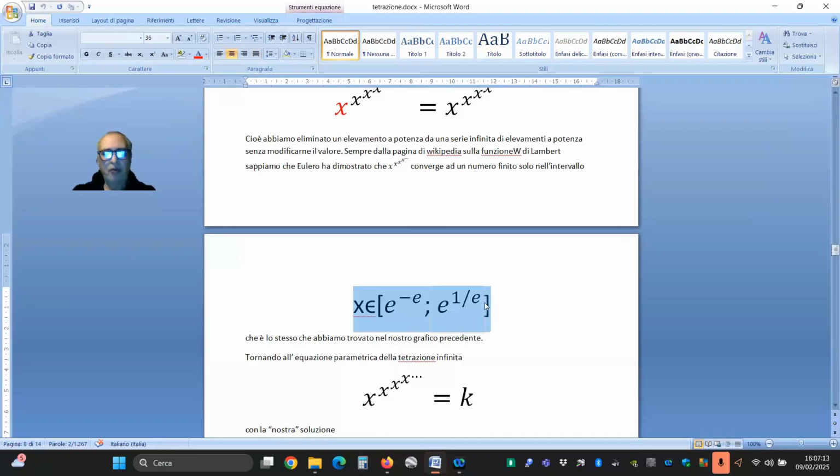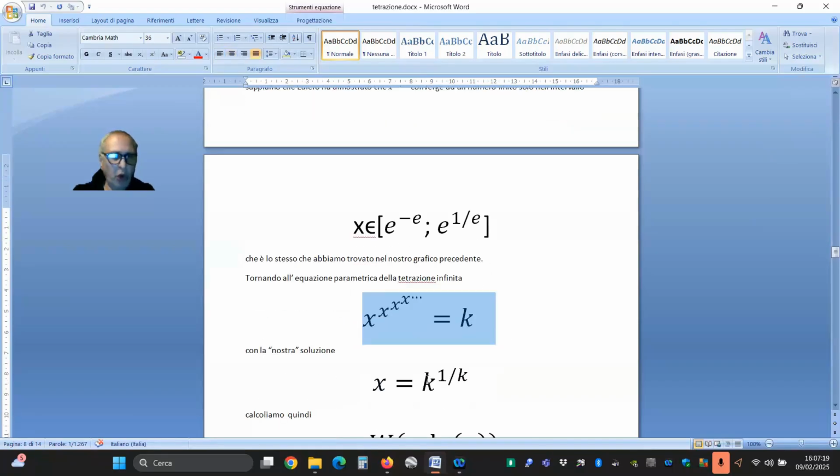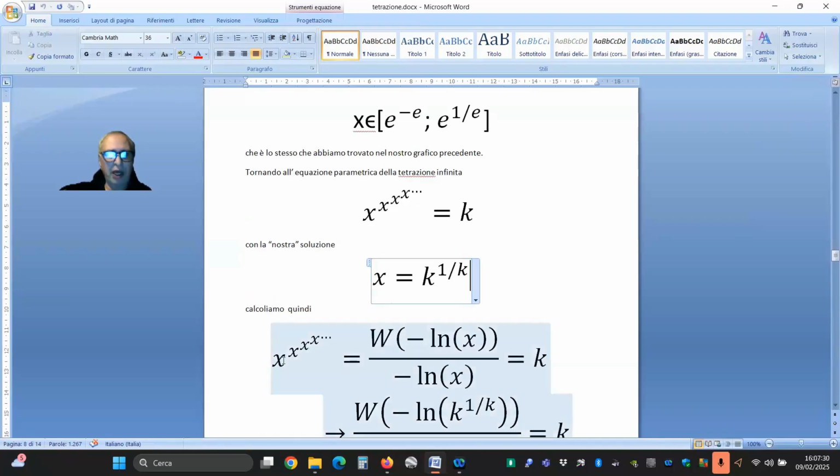So we can all agree that at this point we are now able to write out the infinite tetration function using this Lambert function. And we are looking at this within this specific interval right here, where, by the way, we previously observed that our equation had this particular type of solution. It is quite interesting to see how these components align within this defined range. Now, to test if this